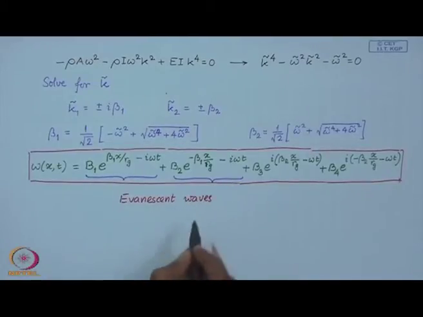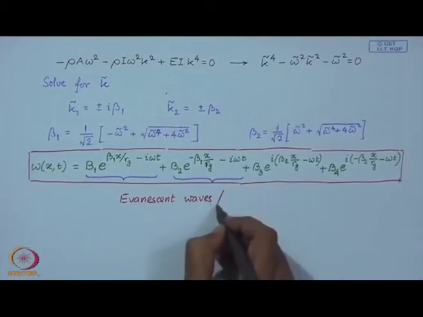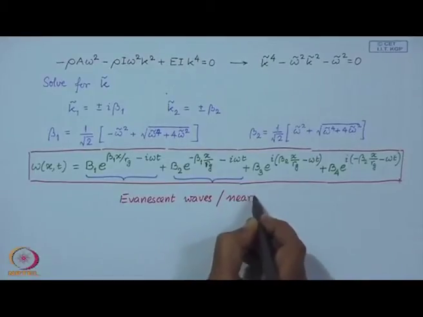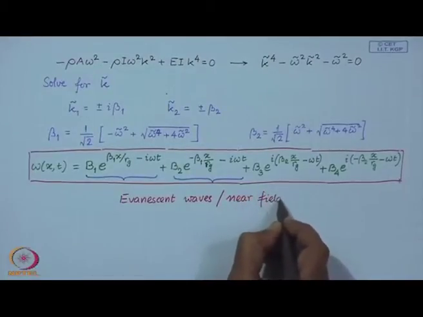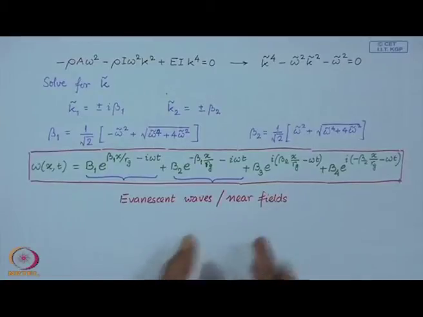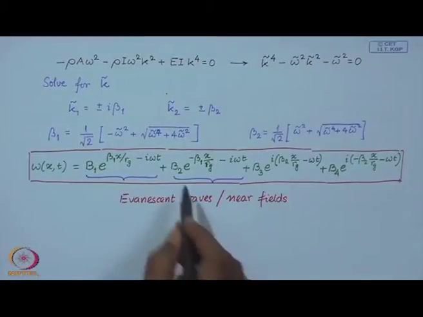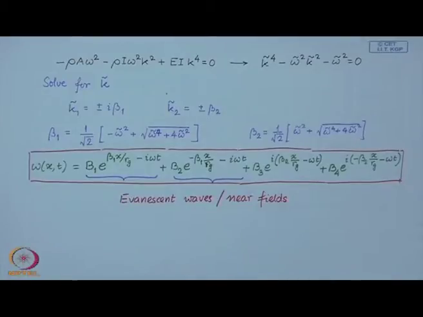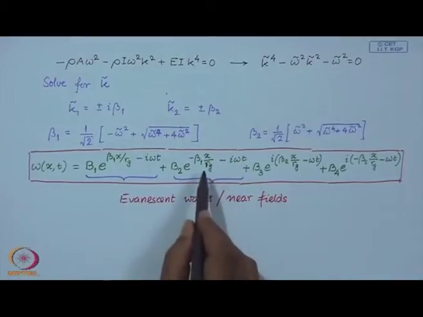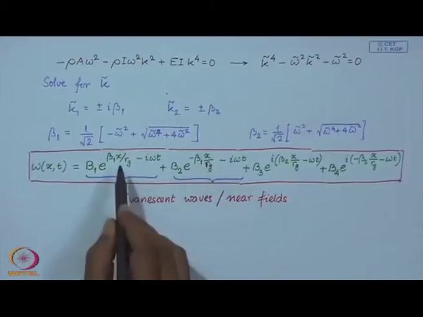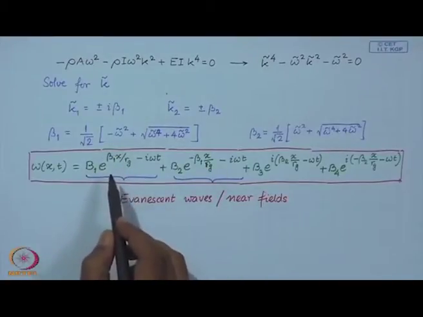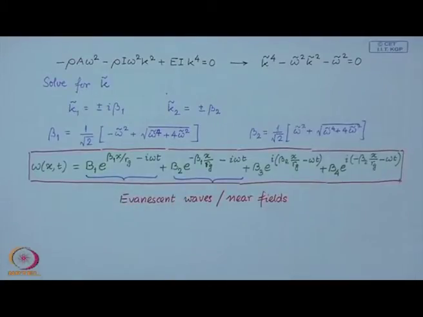They are called evanescent waves, but they are really not travelling waves. They are also called near fields. So, they exist near a boundary or a mass point or an interaction point. They can exist only close to a boundary and their amplitudes will fall off. This will fall off in the positive x direction, this falls off in the negative x direction. Now, let us look at